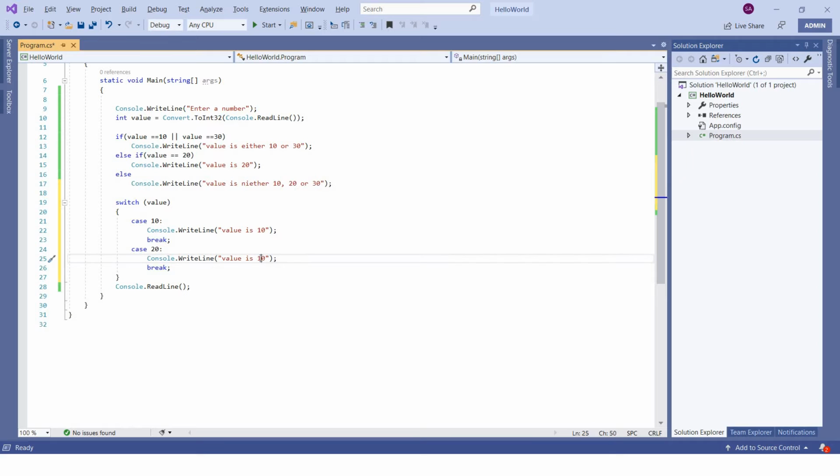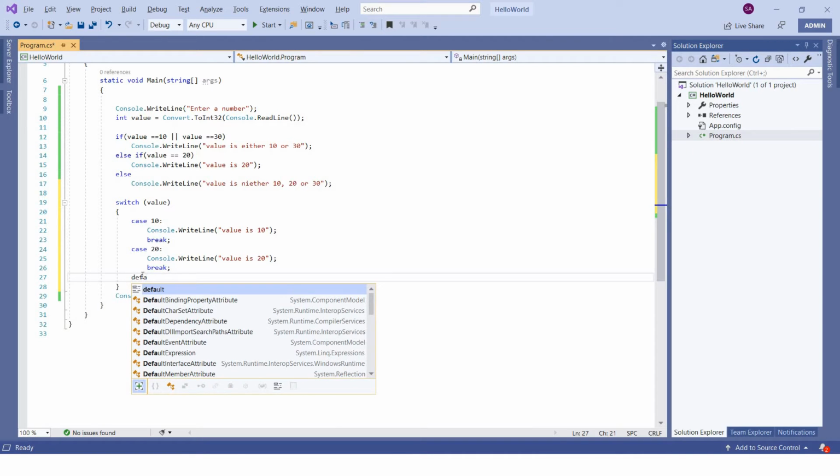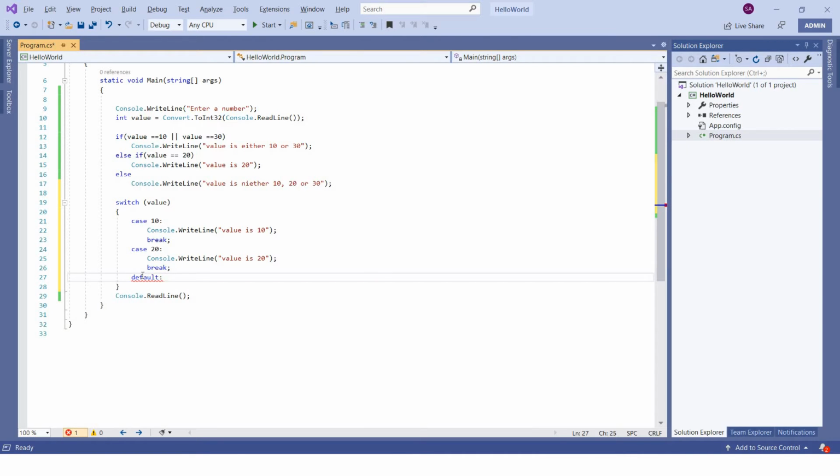So case value is 20, and I want to print a default case. If value is either 10 or 20, it will print these blocks. Otherwise, whatever value you enter will get printed in this block. To do that in a switch statement, there is a keyword called default. So in default you can print this statement.